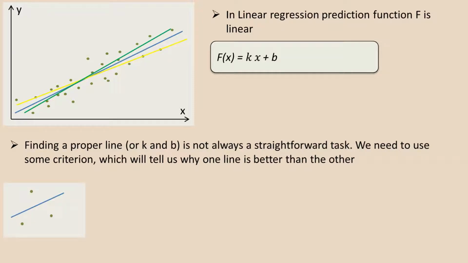So let's have a look at this problem in more details. Suppose we have only three values, only three green dots, and we want to build our blue line. How would we build it? Obviously, we want our green dots to be as close as possible to this line. So we want to minimize the distance from each dot to this line, because this distance represents the so-called error. The error means that we are not hitting these dots directly.